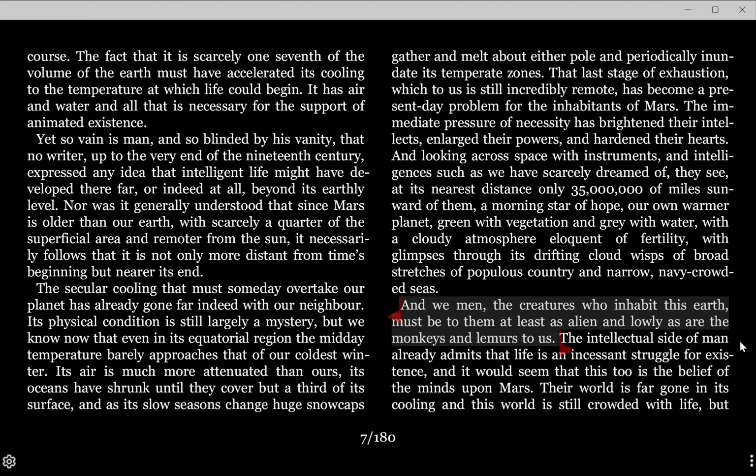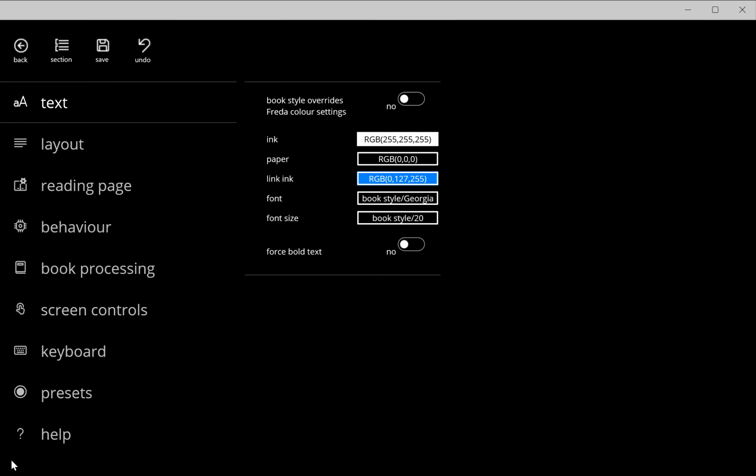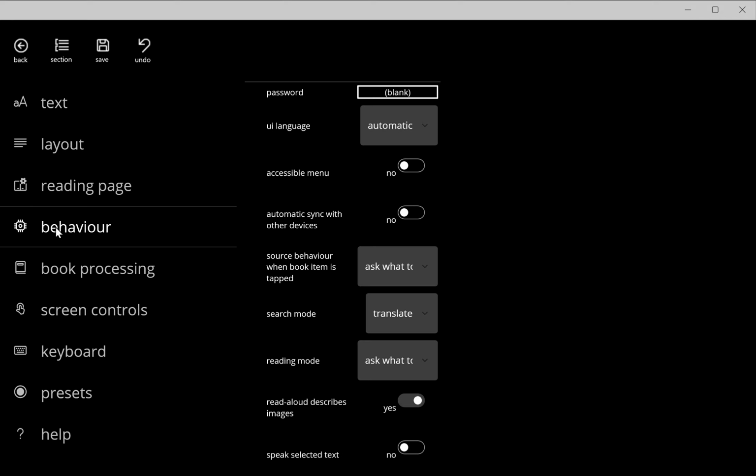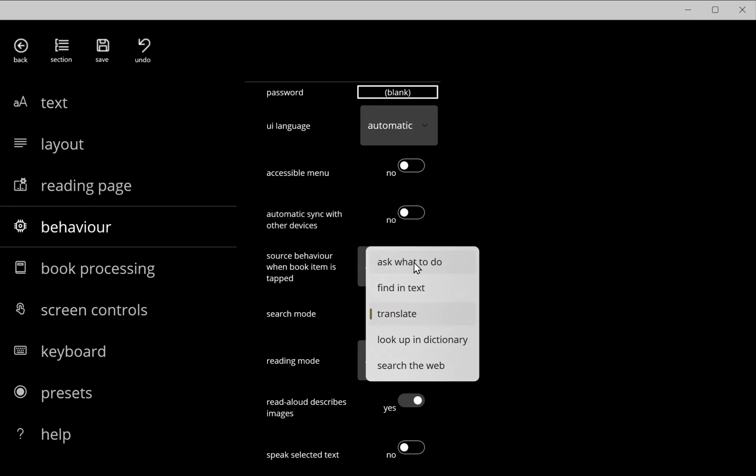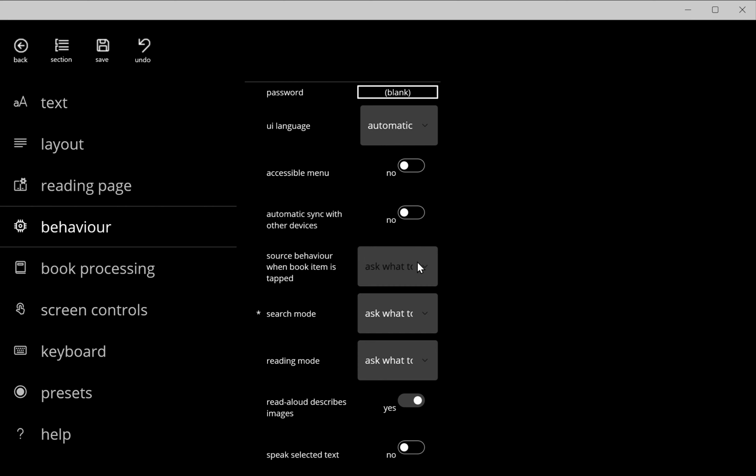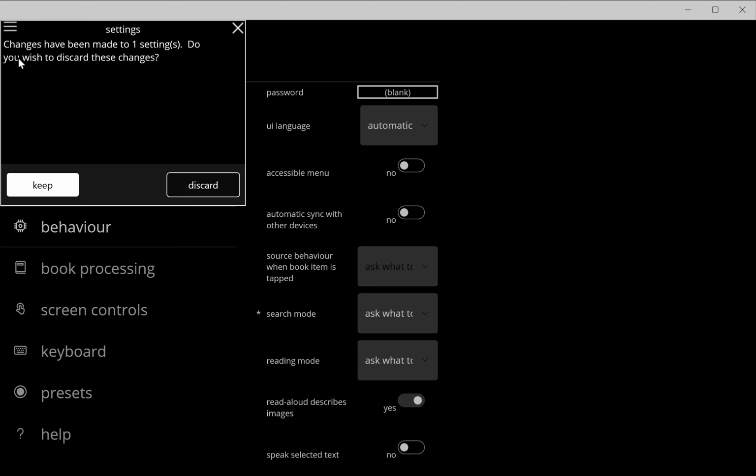Suppose I wanted to change the search behavior back again. Click on the left bottom area of the screen to open the settings menus, pick behavior, and what I did before was actually put search mode into translate. So whenever I search, I translate. Put that back into ask what to do, and now when I select some text,